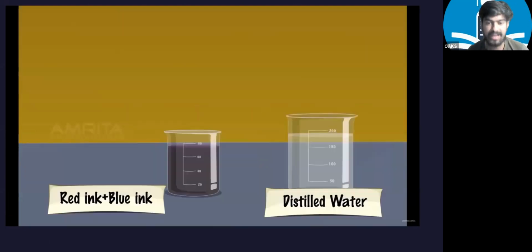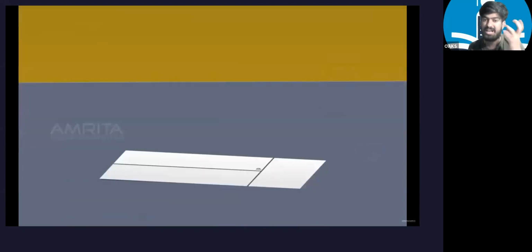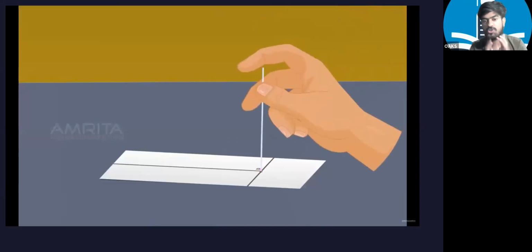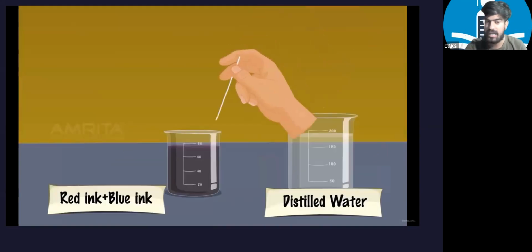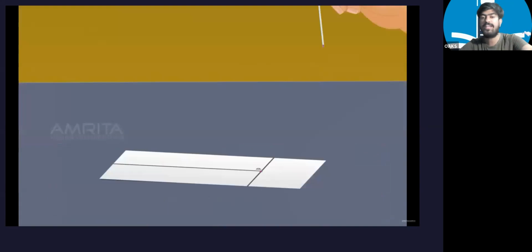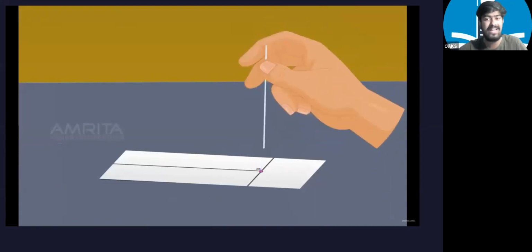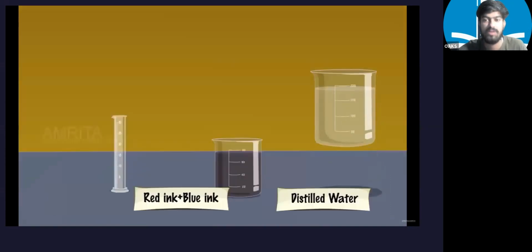Now what we're going to do is pick red ink plus blue ink. It's a combination, like black ink is also considered red and blue ink. So now we have put that ink at a point P. Instead of this, we can also take the black ink. Why? Because black ink is also made up of some colors.